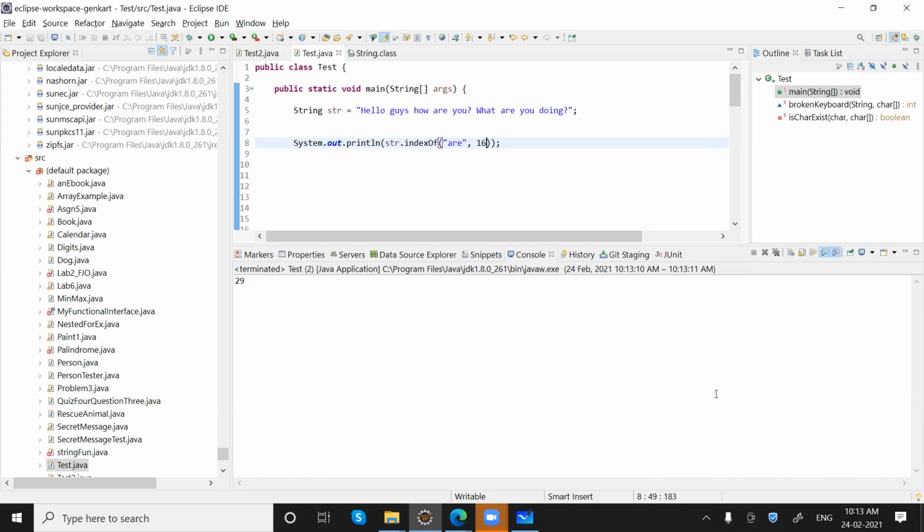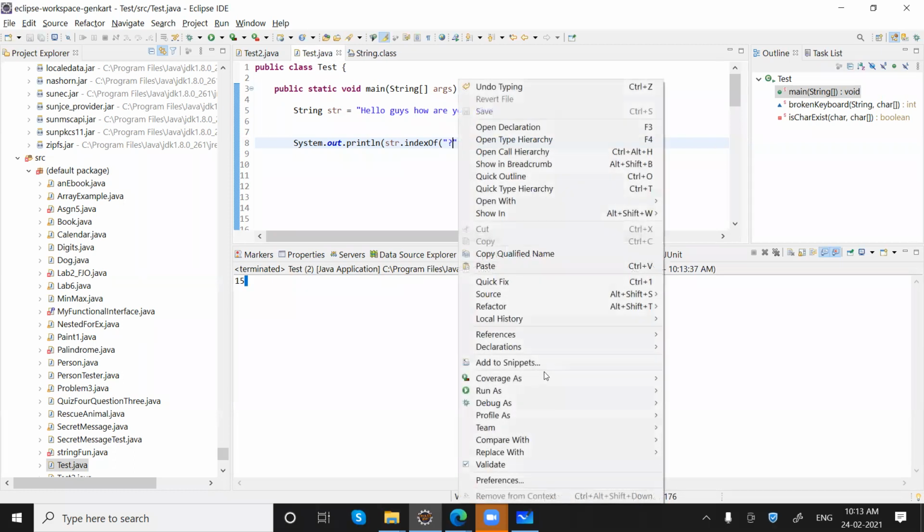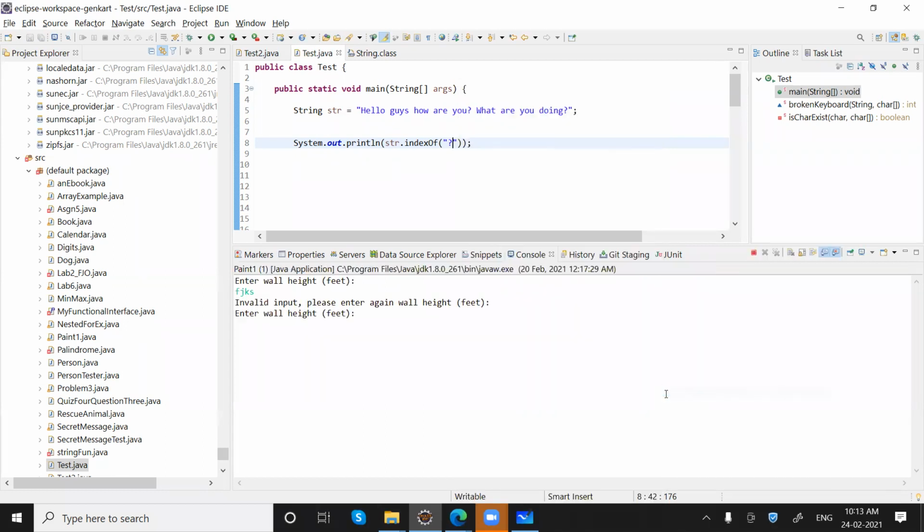So this is the indexOf method. Most of the time we use it like this: what is the first occurrence of R? Someone asked: do they recognize special characters also, like question mark and at? Yes, yes. Let me take it. So indexOf tells us the first occurrence of a given character or a given string which we are looking for inside the string.